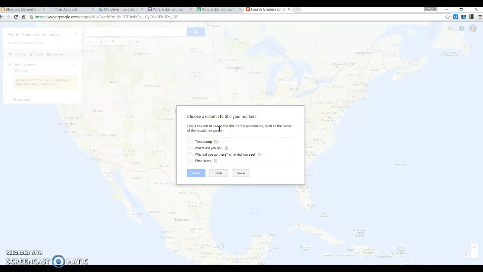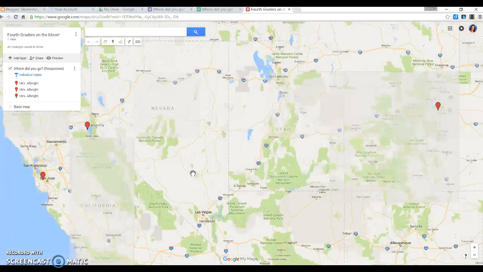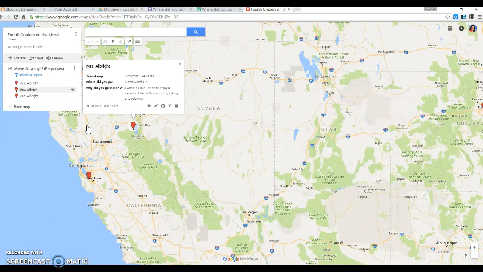And it says pick a column to use as the title for the place mark, such as the name or the location of the person. So I'm going to select their name and say finish. So as you can see, now I've got all these pins on my map. I can click on the pin and you can see it has the student's name. It has the date that it was entered on that Google Form, and then it has the description of why